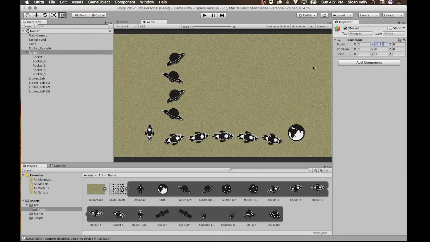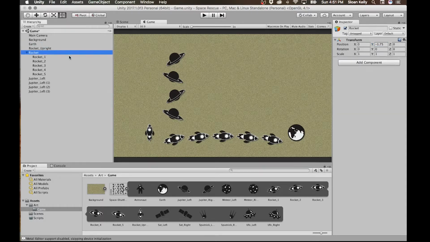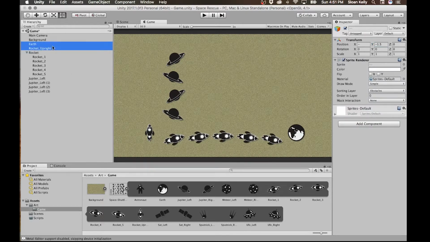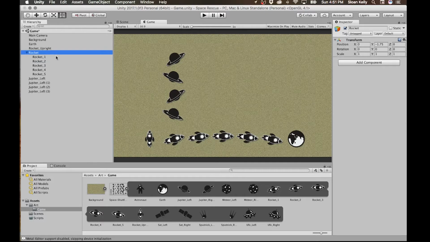Why does that feel higher now? What? Oh, it's 1.5. Ugh. 1.5, 1.75? 1.75 seems better, actually. Okay, let's make it 1.75. Oh dear. Okay, decisions, decisions, decisions. Okay, so that means that the rocket is at minus 1.75, so that means that the